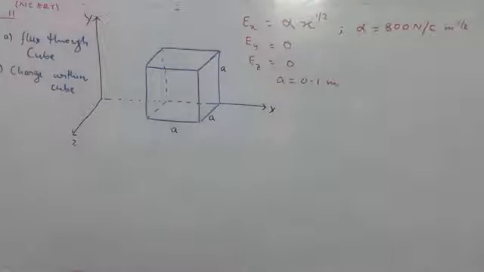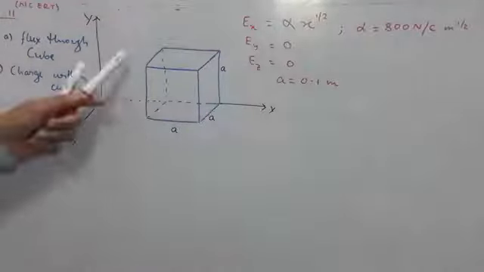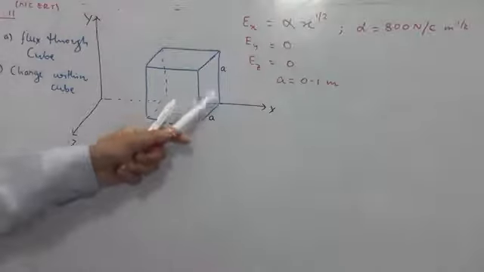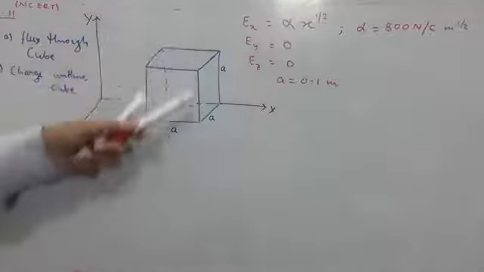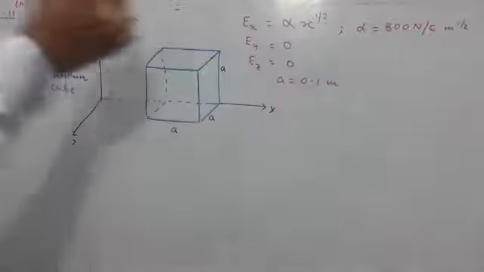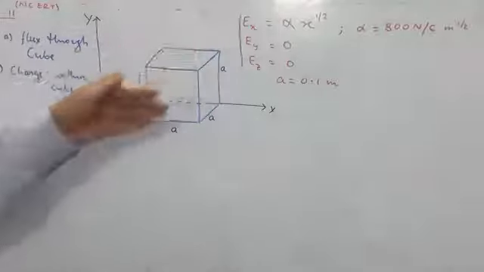Let's see first one example given in your NCERT, students. I would request you to please go through this particular question first from the text. This is example 1.11 of your textbook. You can see there is a figure. These are the three coordinate axes, x, y and z. There is a cube. Each side of this cube is A. The electric field in this region is given by this particular set of values of Ex, Ey and Ez. You can see the y and z components of electric field are 0 each. That means electric field is present only along x-axis.